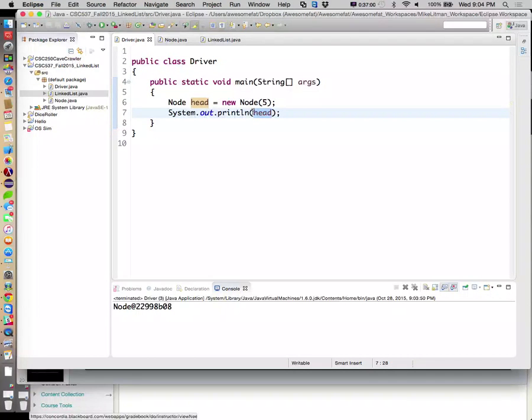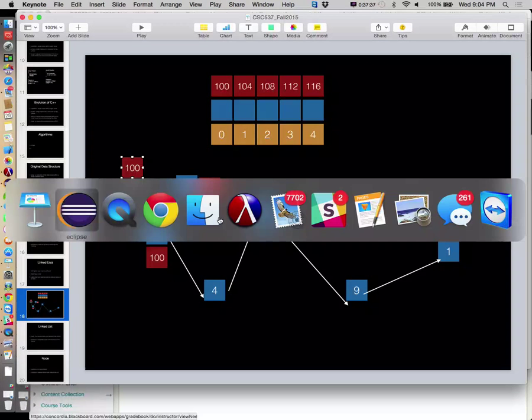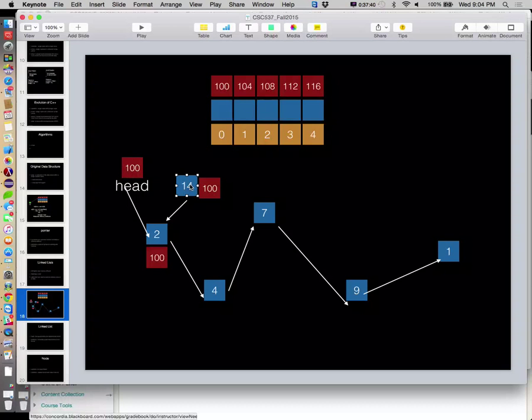Okay? This would be the same thing where if I wrote on a piece of paper my home address and I handed it to you, okay? And then somebody came and beat you up and took the piece of paper from you, they wouldn't have my house. They would know where they can find my house, but they wouldn't have the actual house. Make sense? So head does not hold a node. It holds the address of a node. Make sense? All right, so we need to get comfortable working with these memory address things, even though pointers don't exist in Java.